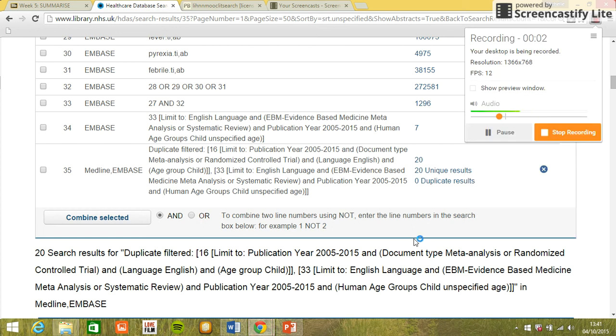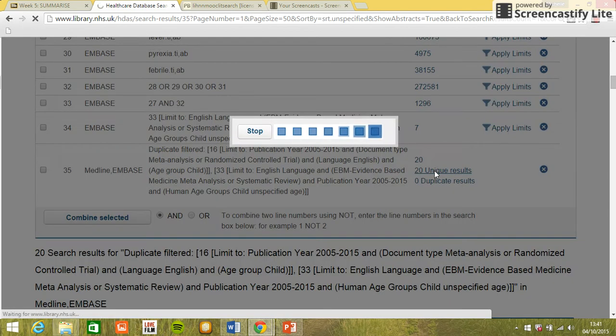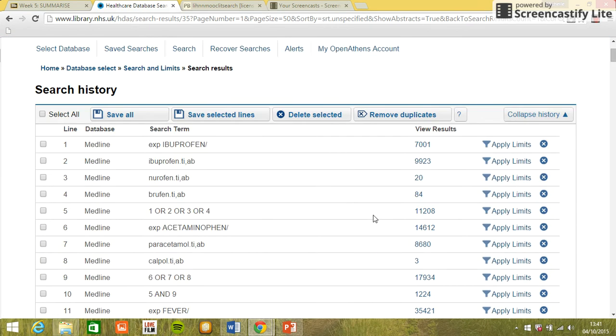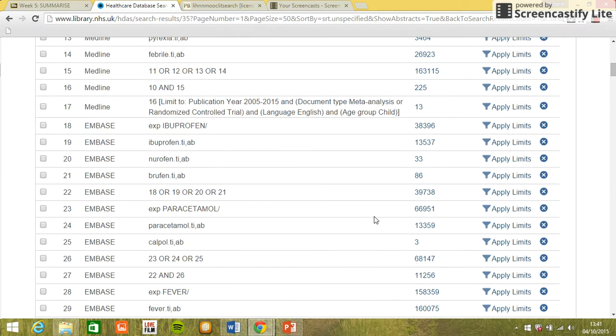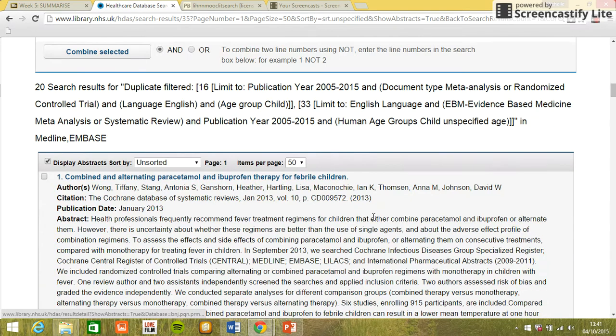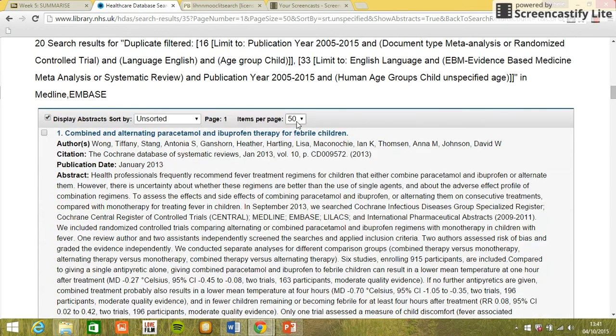Okay, so I'm going to show you how to get the results that you need off the database. So when you've finished your search, you click on the numbers or the results that you want to view. And then if you scroll down, you'll see that the results will start to appear. And obviously once you've maximised the number of items you want to view per page and opened up the abstracts,